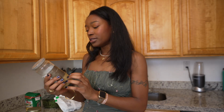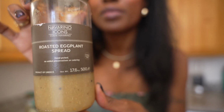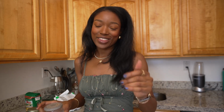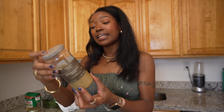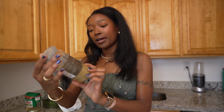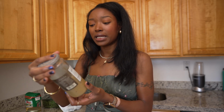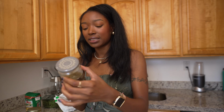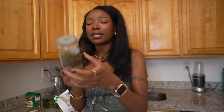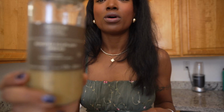I'm also going to be using this roasted eggplant spread. Y'all, I actually bought this in Marshalls. I know I'm one of those people that buy food in Marshalls. I don't care. There's always good finds everywhere you go. So I found this in there, and the ingredients are the main reason why I bought it. It's a product of Greece, and the ingredients are literally roasted eggplant, citric acid, and salt. So it's not a whole bunch of preservatives, not a whole bunch of ingredients that I can't understand. And sometimes I like to have easy stuff like this on hand. So I have some of this left over that I want to upcycle